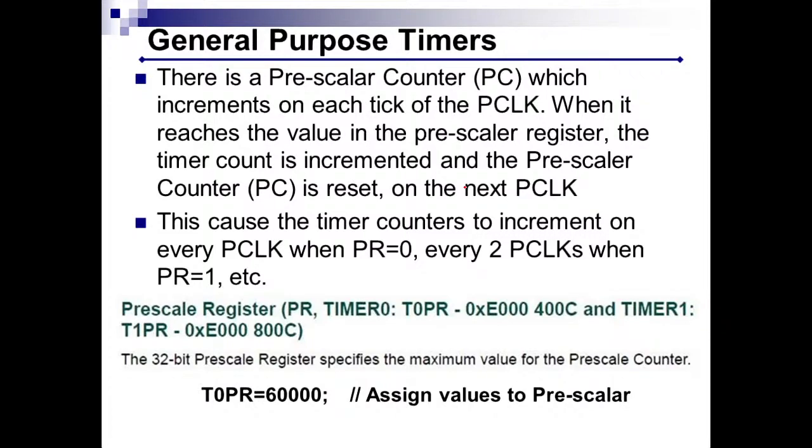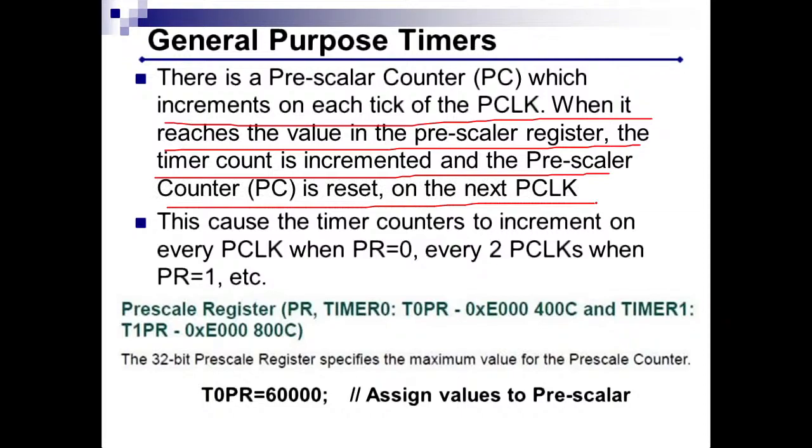There is a prescaler counter which increments on each tick of PCLK, and whenever the value reaches the prescaler register, the timer count is incremented and the prescaler counter will be reset on the next PCLK. For example, in a prescaler register, I am storing the value 4. So at every peripheral clock, that value will be incremented by 1. As soon as it reaches 4, it will generate the tick for the timer,